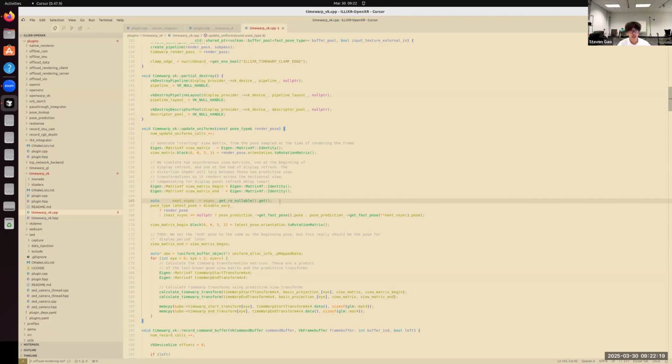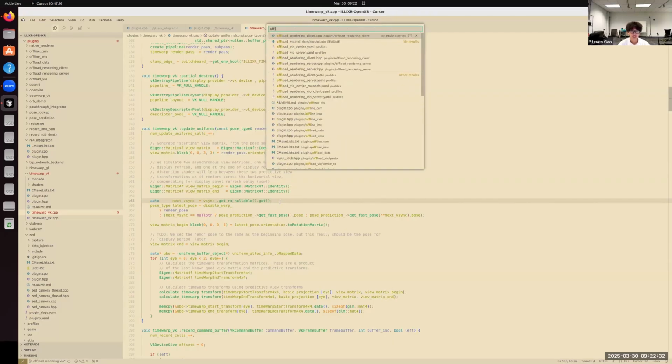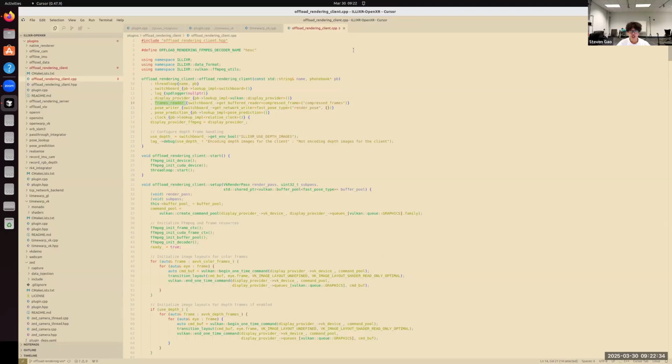Another option, if you want a queue structure on all of the messages in the topic, is the buffer reader. Let's see an example of how you would use it. This plugin is the offloading rendering plugin, and it is the client of the plugin.